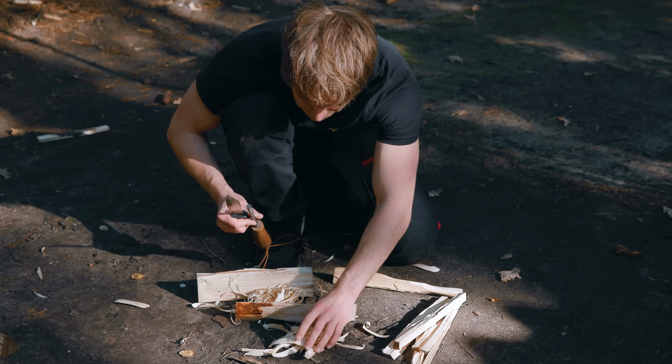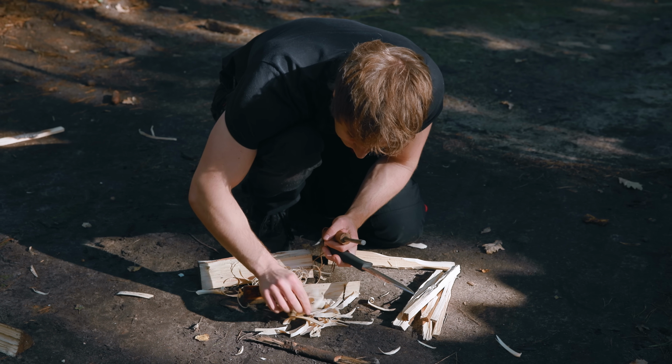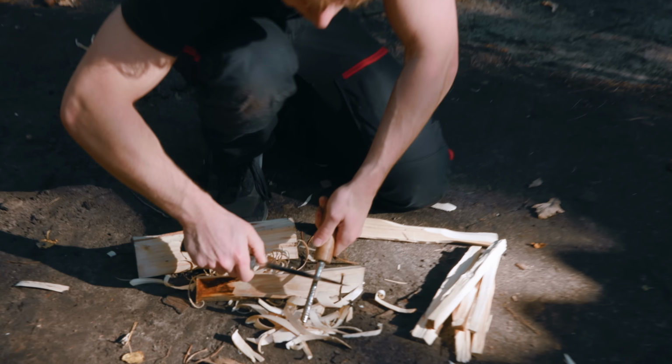I'm gonna try something really strange. I think this knife scrapes with fire steel so good that it can actually light these scrapings instead of only those feather sticks. So let's just try this. This is very stupid, but